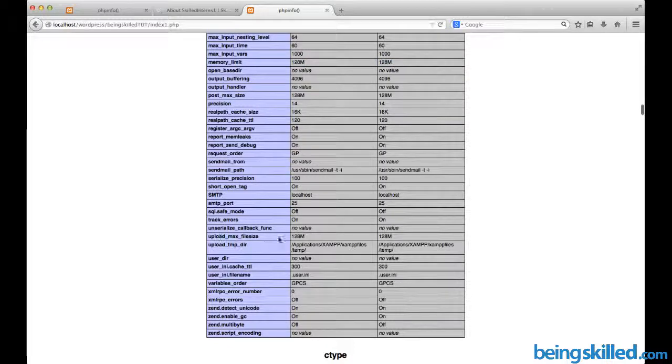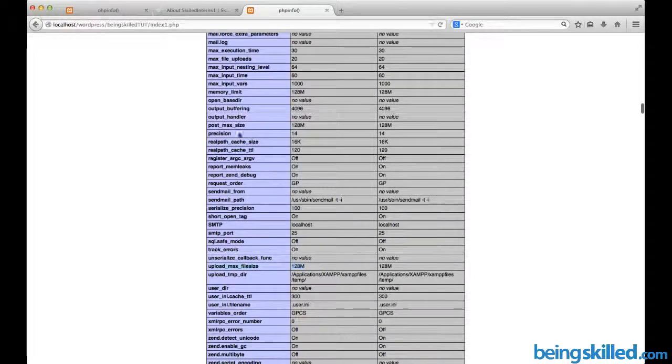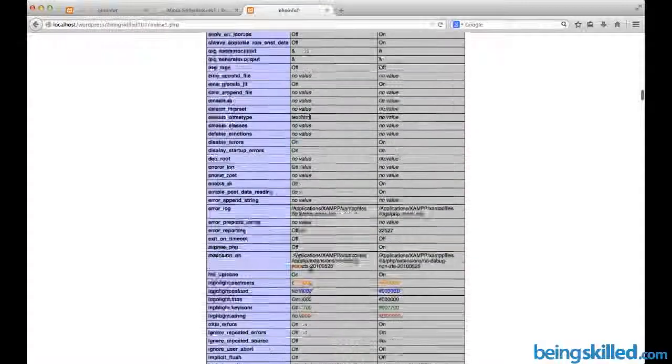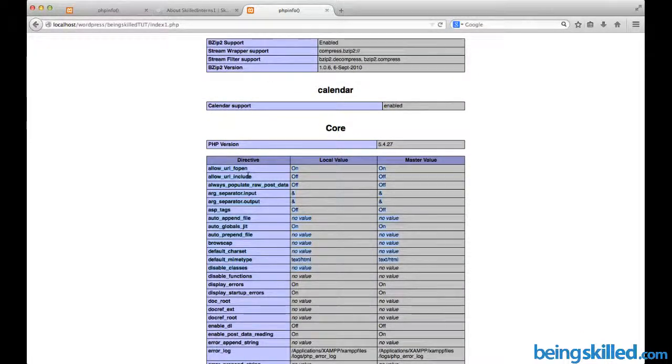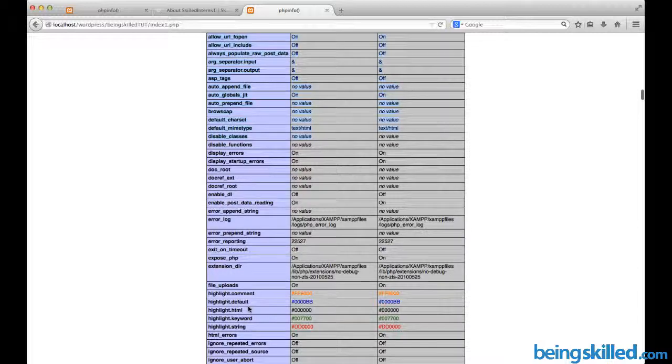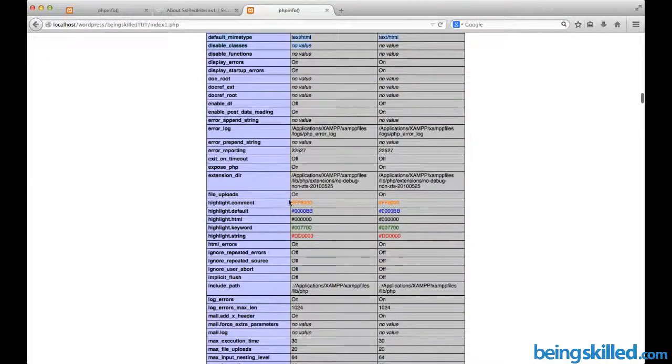See, we can see that upload_max_filesize, and that was memory limit, related to RAM, like what kind of memory it can consume. So sometimes applications use a lot of memory, and for that we have to increase the size of it. And if you want to increase the maximum upload size, then you have to change the value of this in the php.ini. And so this is the core, and these are all the directives which are either on or off and what kind of value they hold.